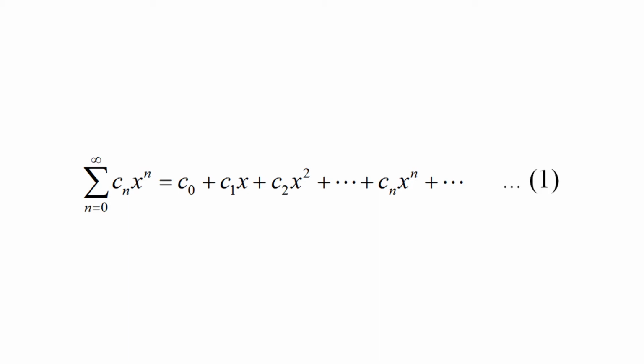A power series in x is a series of the form summation Cn x power n from 0 to infinity, which is equal to C0 plus C1x plus C2x square plus etc. plus Cn x power n plus etc., equation number 1, where C0, C1, C2 etc. are constants and x is a variable. Some examples of power series are